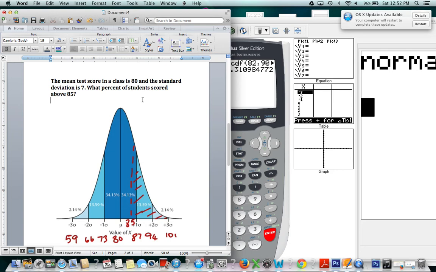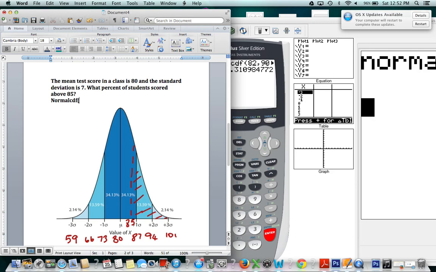So, in this case, if you want to figure out the percent of students that scored above 85, it could be 85 up to anything. It could be 85 up to a billion. So our lower bound we know is 85, but our upper bound is this unknown number. So in your calculator, you want to enter normal CDF,